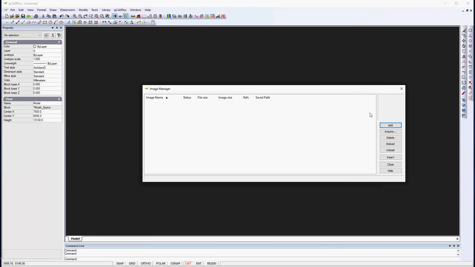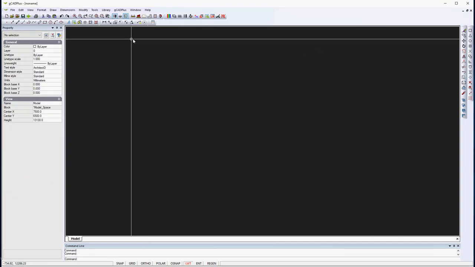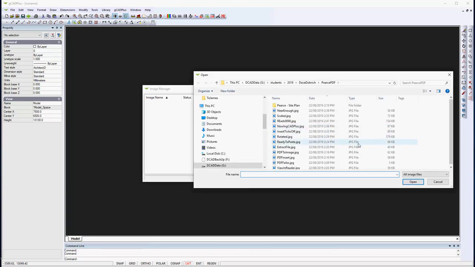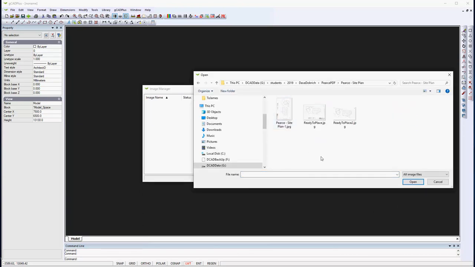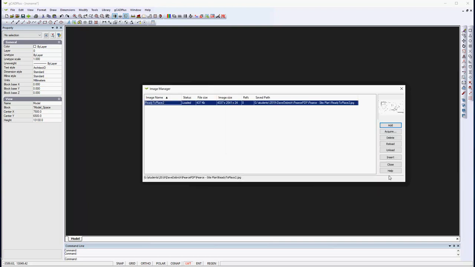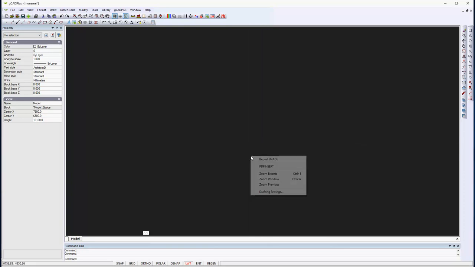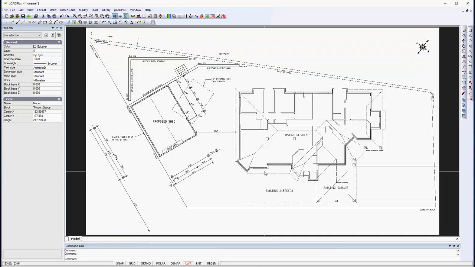Let's go to gCADPlus and we'll say draw raster image, add it, and we can browse to the location of the site. Let's do this one, which I've called ready to place because I've cut off any client information, and we say insert. At this point I'm in the habit of taking off specify on screen. 300 dots per inch is more than adequate, and in goes the file. I'll zoom extents, and now if I pick